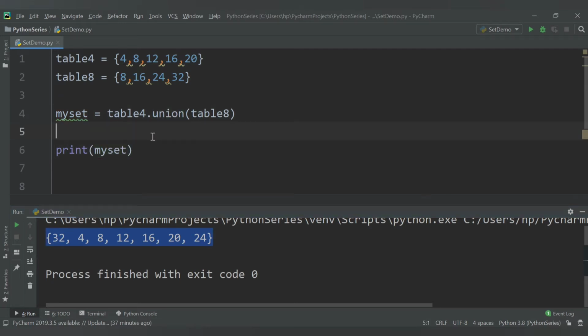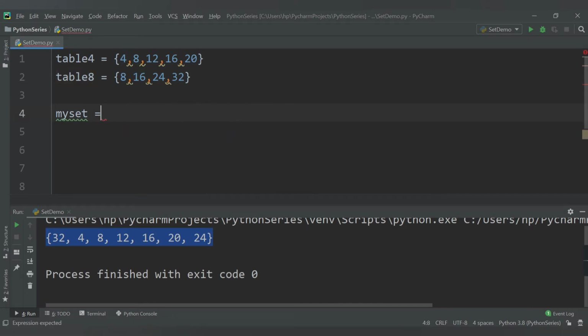Another method we can check: let's say you have another set, my set, and you want only the common values that are present in both sets, the values present in the table 4 variable as well as in the table 8 variable. How can you do this?